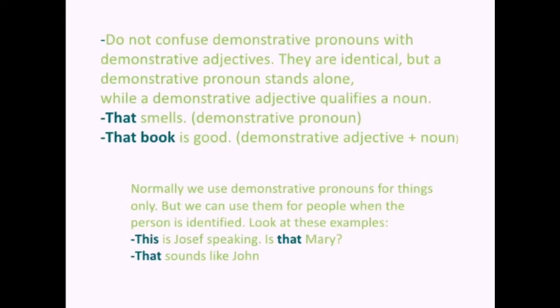Don't confuse demonstrative pronouns with demonstrative adjectives. दोनों चीज अलग हैं student. They are identical but a demonstrative pronoun stands alone. Although word जो होता है वो same होता है, but demonstrative pronouns stand alone. वो हमेशा अकेले आते हैं. There is no noun with it. But demonstrative adjectives always qualify a noun. Like that smells. So again, that smells. That means that thing smells. Okay, so that smells will be pronoun because it stands alone. That book is good, जिसमें adjective आपका, we are having a noun with it, that's why it will be demonstrative